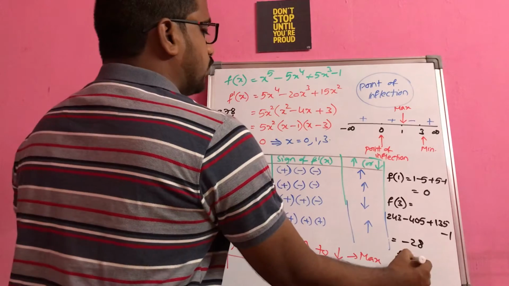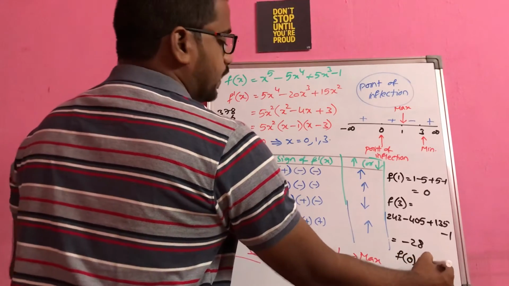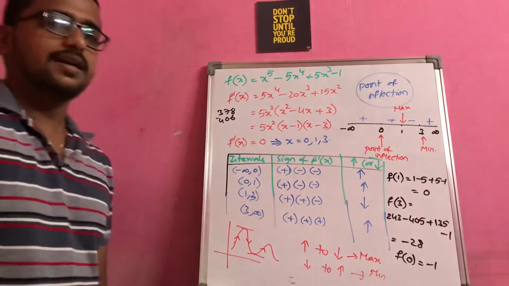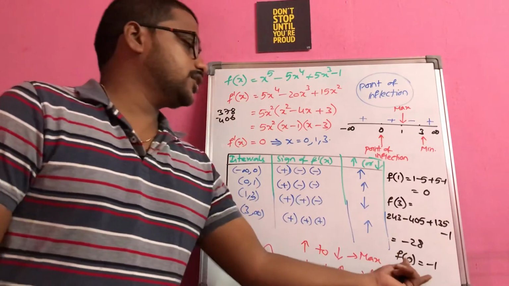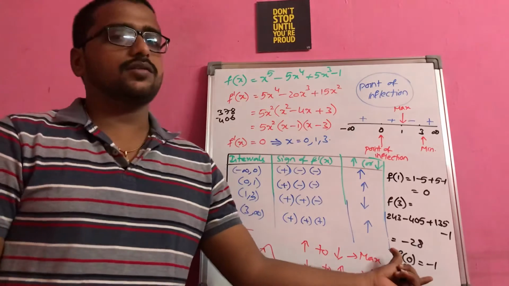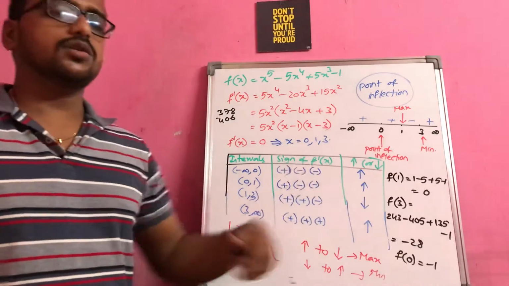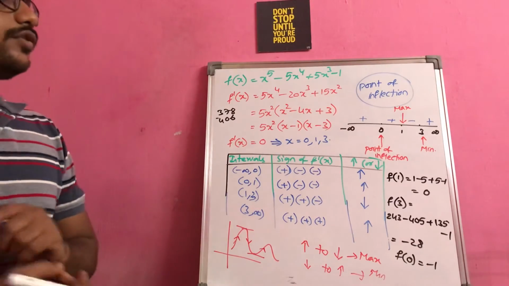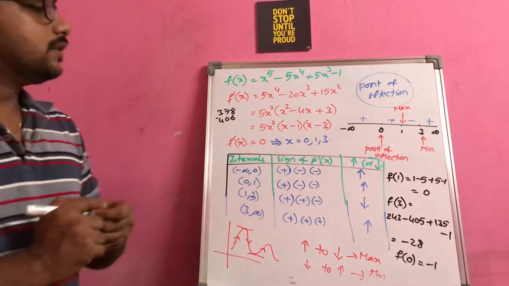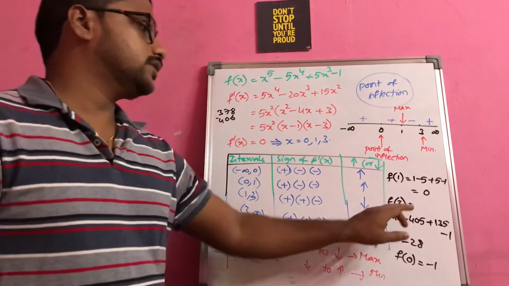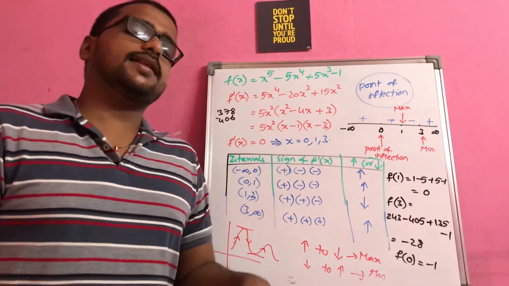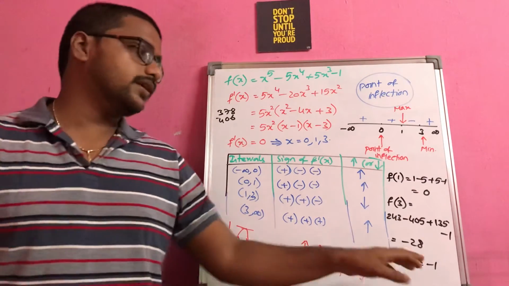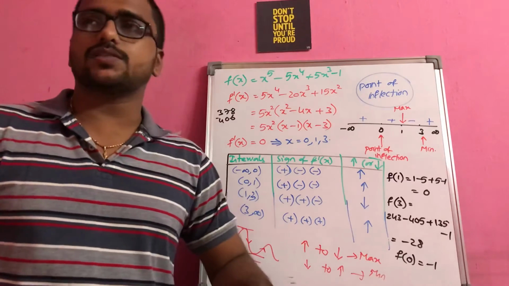And if you find f of 0, you are getting the answer as minus 1. So in this, you are leaving this point, right? If you generally do it, we will think that minus 28 is the minimum, 0 is the maximum. You will come to this conclusion. But we won't comment anything about minus 1, correct? Because at 0 you are getting the answer as minus 1.